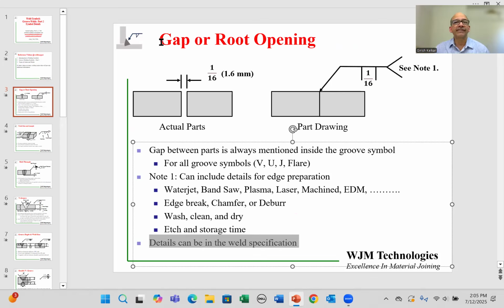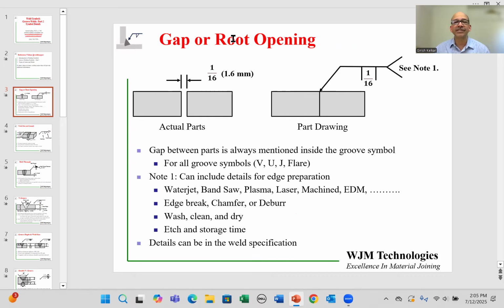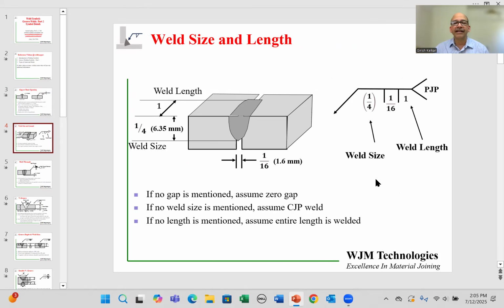So in this case, we have looked at the root opening. Gap was the older name for root opening, but now the technical name that AWS, the American Welding Society, prefers is root opening. In addition to that, there can be other numbers in the weld symbol which are relevant, and I'm going to show you in a schematic form on the left. Here we are seeing a square groove weld which has been welded. I'm showing you the fused zone with a darker contrast. We can see that the fusion zone has gone down into the square groove to about 1/4 of an inch, and the length of the weld along the length of that component is about 1 inch. So how do we show that on the welding symbol?